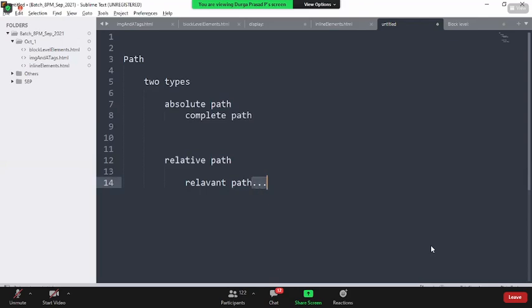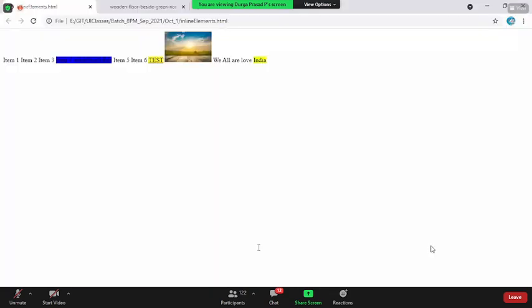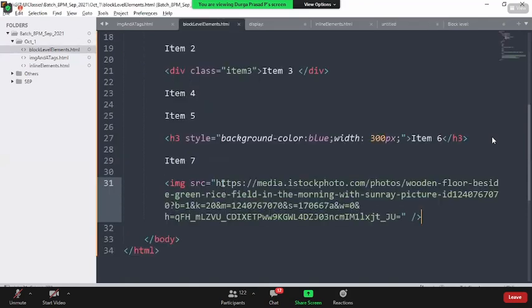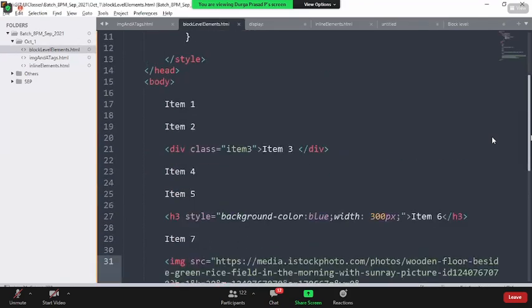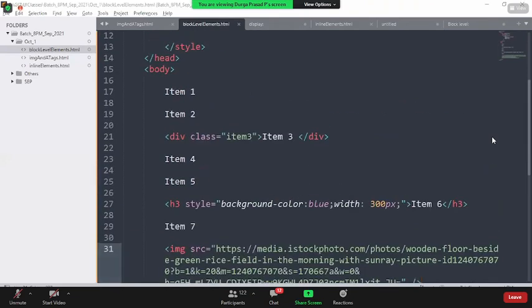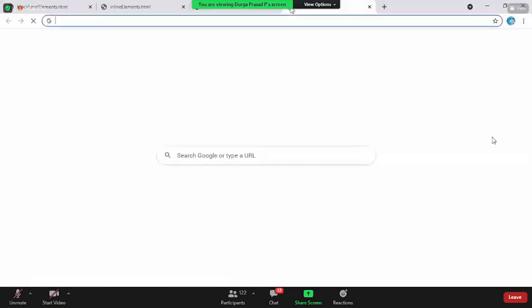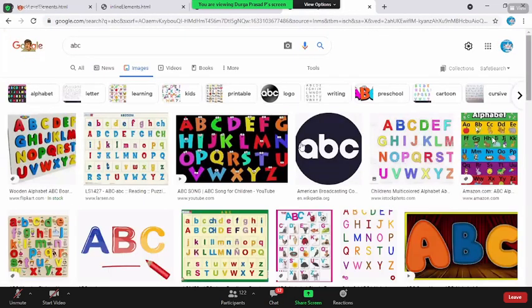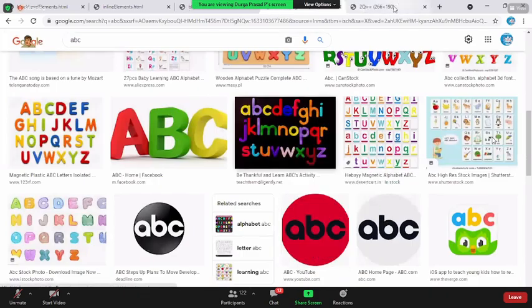Whenever we are giving any resource, whether it is an anchor link or an image path, when we give the complete path, we call it an absolute path. If you see here, when I go to the image and choose open image in a new tab, this is a base 64 image.